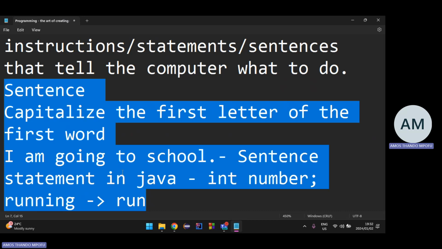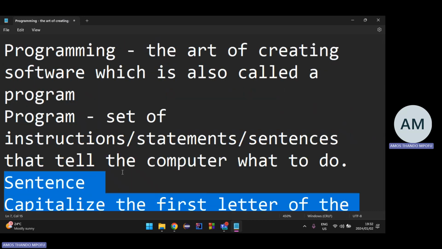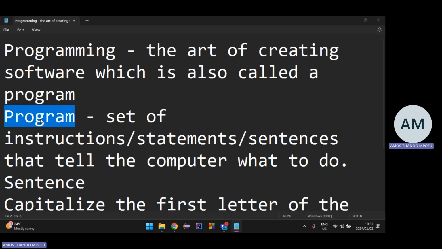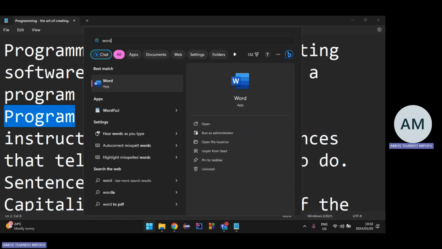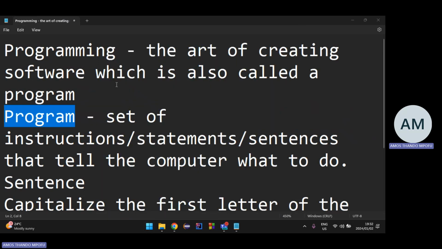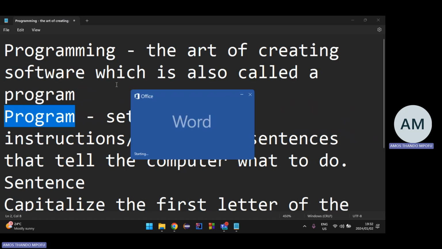So we have a bit of understanding of what we are doing, right? What is programming? And I can give you examples of programs. For example, Microsoft Word. That's a program, because it contains a set of instructions that tells what the computer should do.